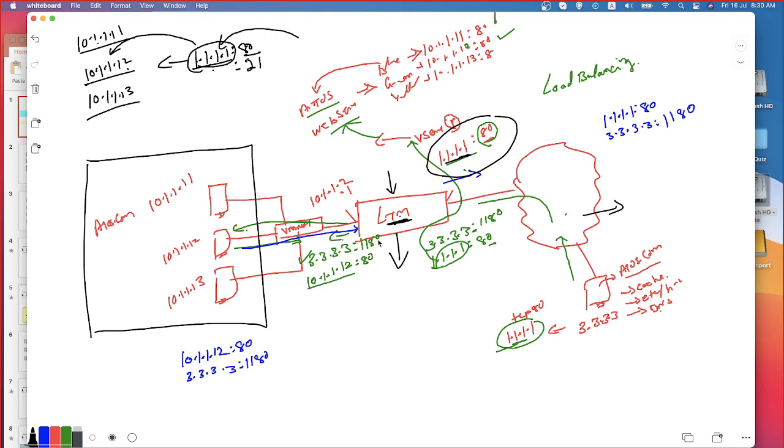So the LTM is going to be the front face for all of the services. That is, the servers wouldn't be sharing their identity with the external world. That is going to be managed by LTM. Can we say my LTM is acting as a proxy for all my internal services? Can we say that or not?